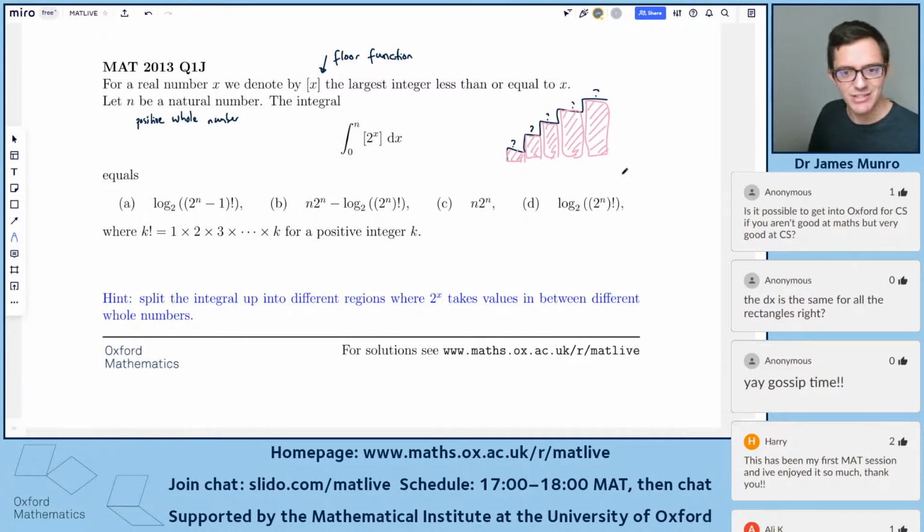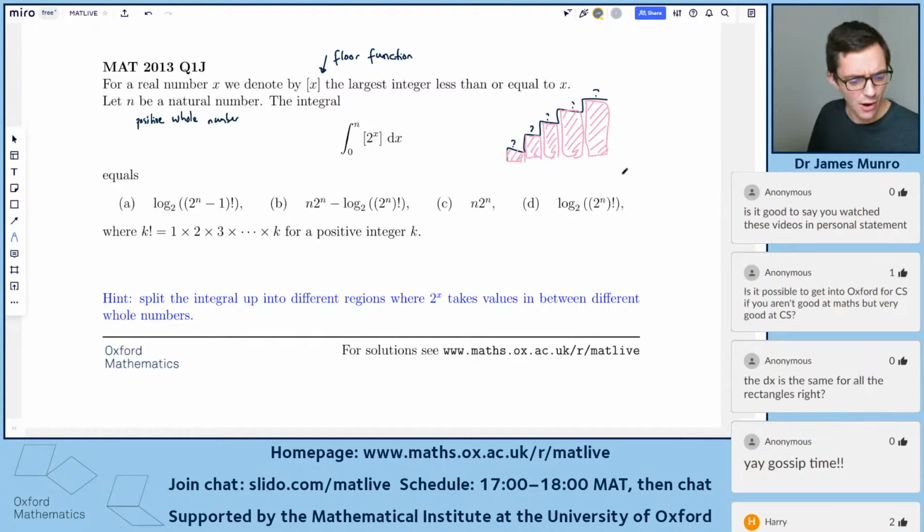So I suppose my answer is, I think I'm leaning towards no. I think you need to be good at maths to do computer science at Oxford. I'm not the computer science admissions person though, so if you want to talk to them, then either check the computer science website, search for computer science Oxford or something like that, or ask them at the open day next